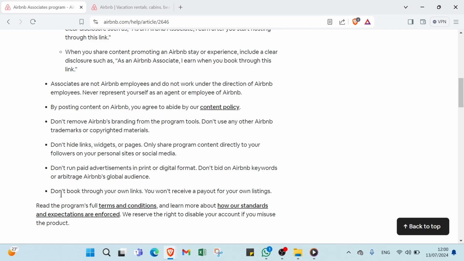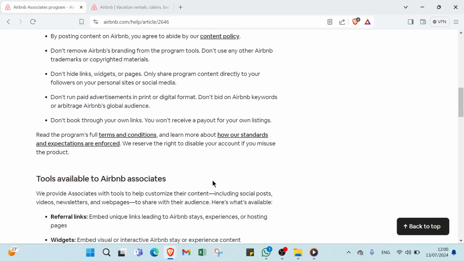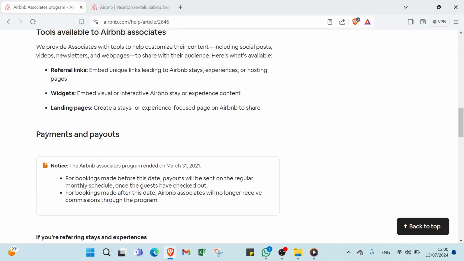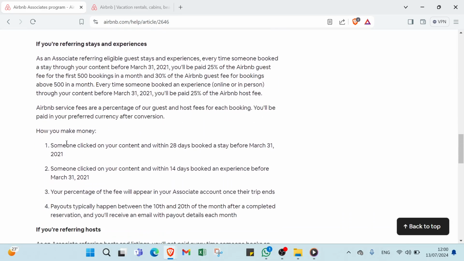Finally, don't book through your own links, you won't receive a payout for your own listings. Here we also have tools available to Airbnb associates like referral links, widgets, and landing pages. We also have payment and payout information here and a lot of information that can help you guys.